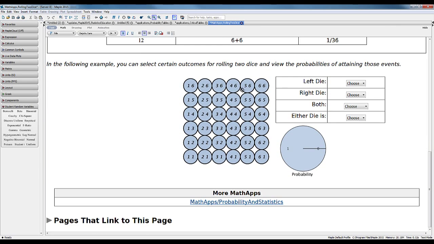With this interactive section, we can now see the probability that, say, the two dice sum to 7. We'll see that this corresponds to these values in this table below, as well as the probability of 1/6. We can also modify this. We can say that either die is even, and now we can see that's going to occur with probability of 3/4. So this again gives you an interactive interface to the concept we're trying to explain.